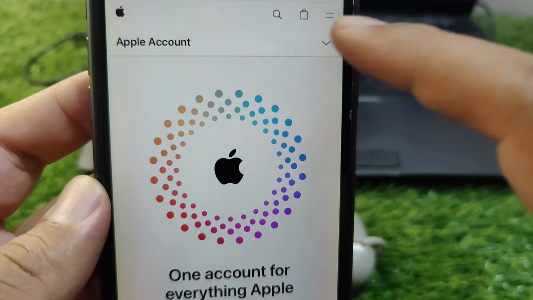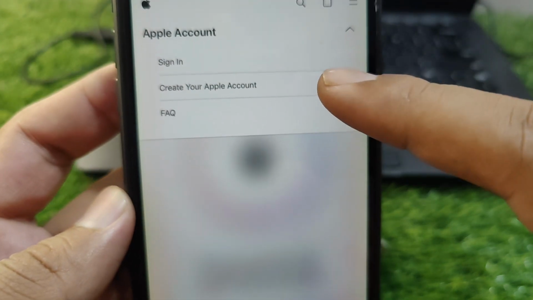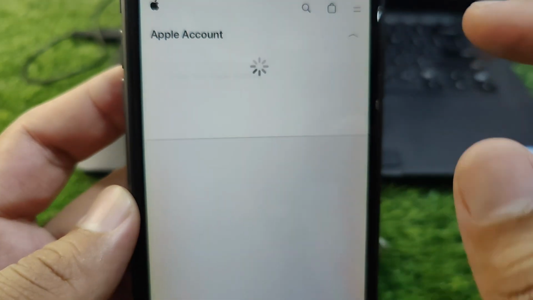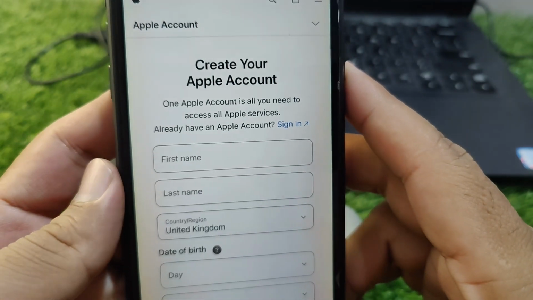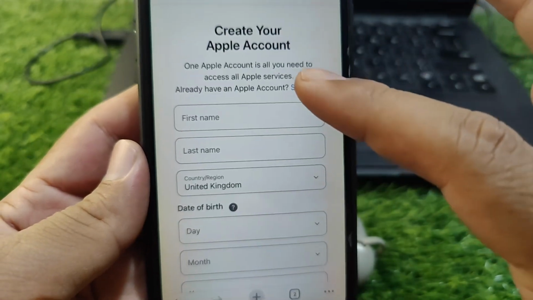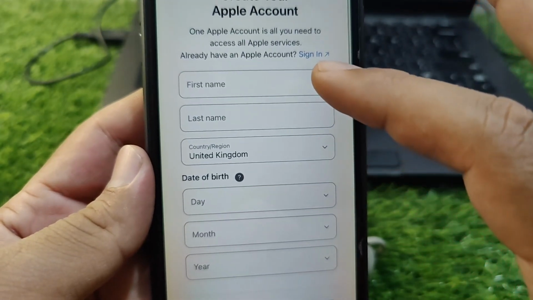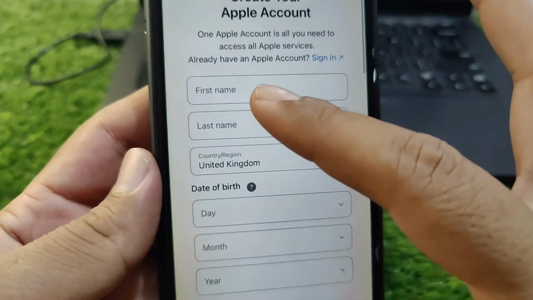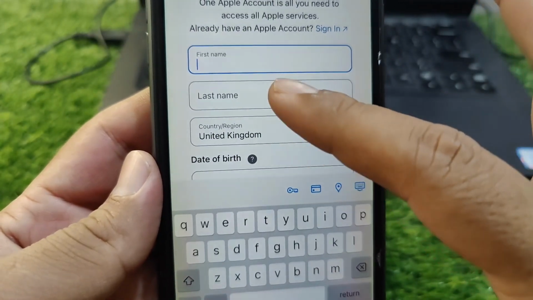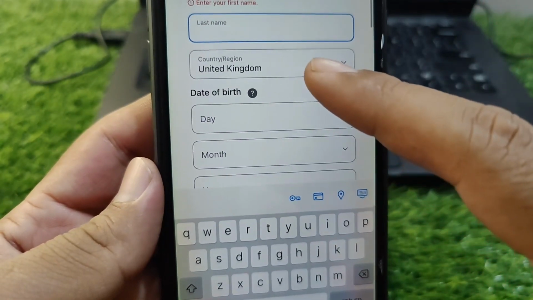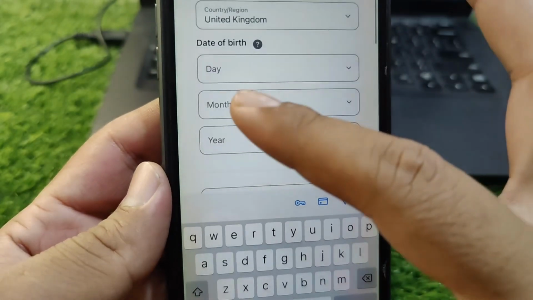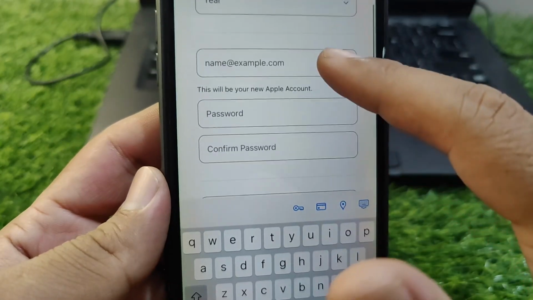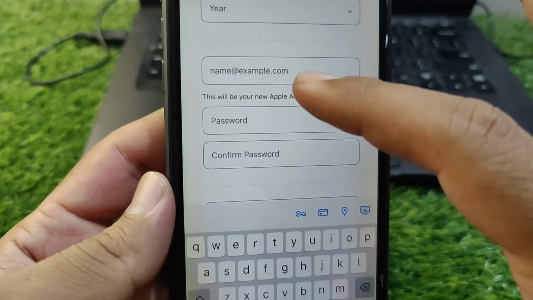So I simply tap on this, and from here you have to simply tap on Create Your Apple Account. Simply tap on this and wait here for some seconds, and from here you have to give all the details about your account. You can see this, Create Your Apple Account. You have to enter your first name and then your last name, then select your country or region, and after this give your date of birth, give the date, then month, then year, and now give here your email address,